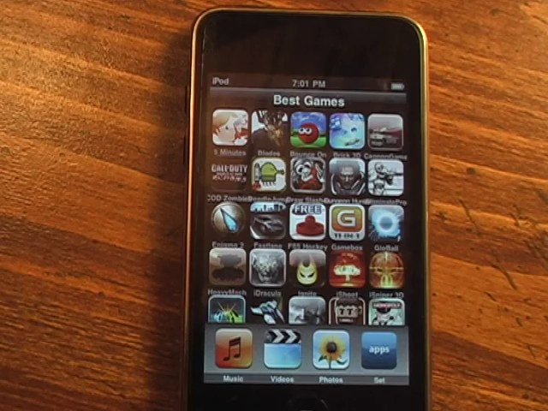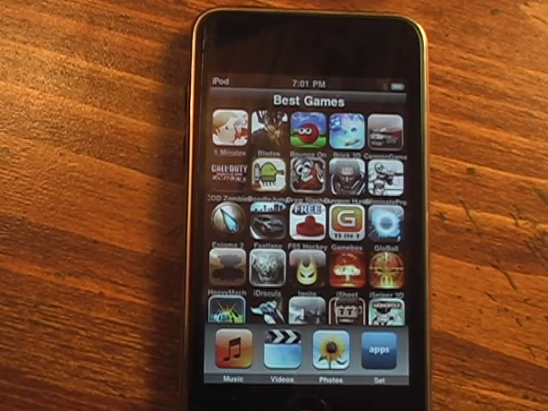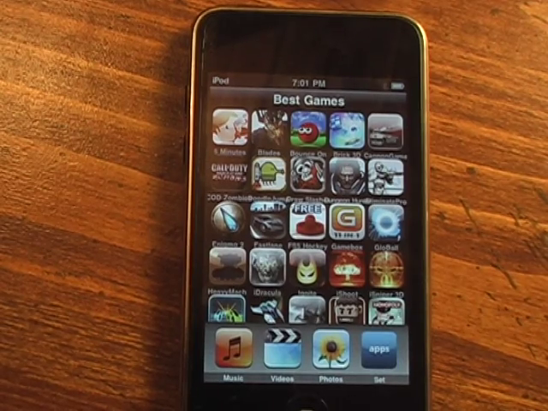Next we have Doodle Jump, which is a platform game. You try to get to the top by bouncing on things. Next we have Draw Slasher, which is basically an app where you draw lines and then your guy goes and slashes through it. Then we have Dungeon Hunter, I believe, which is